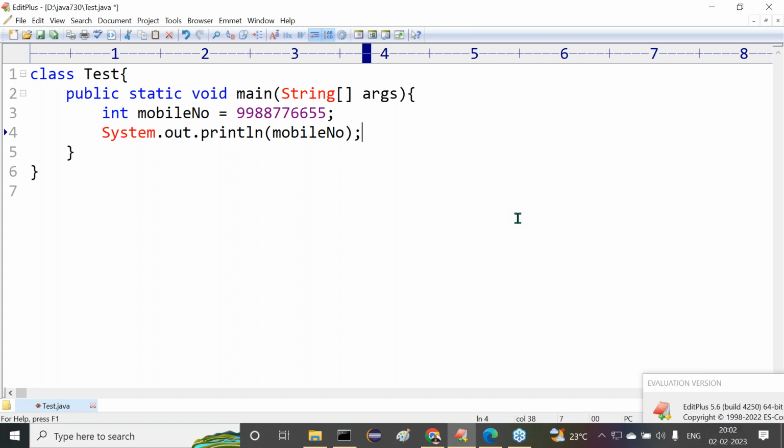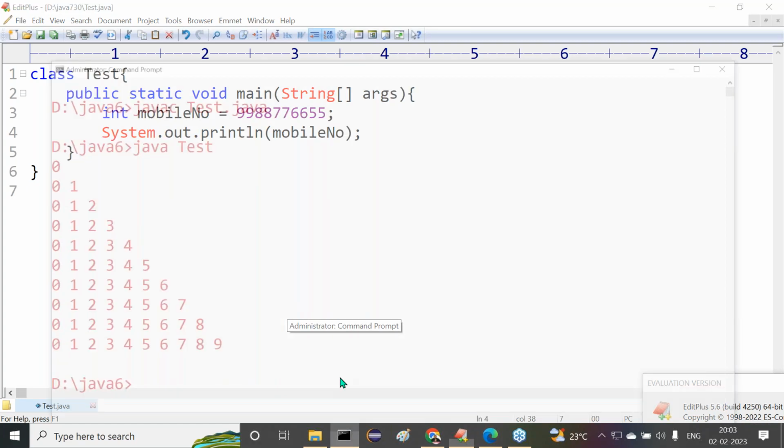If we write this program, we get a compilation error. Why are we getting a compilation error? See this, what is the error we are getting? You can understand clearly.